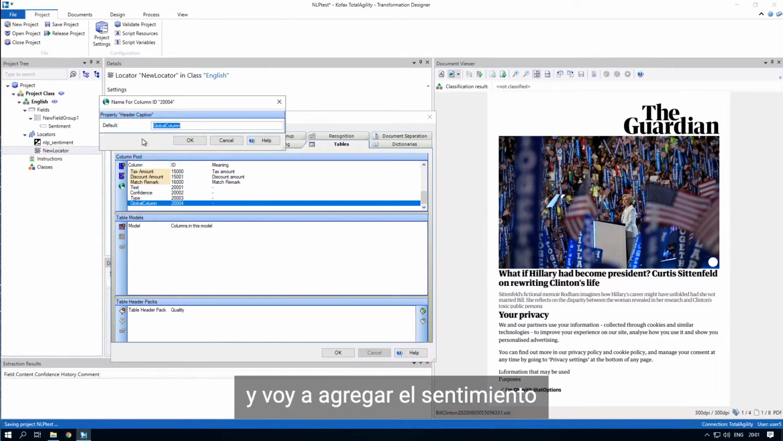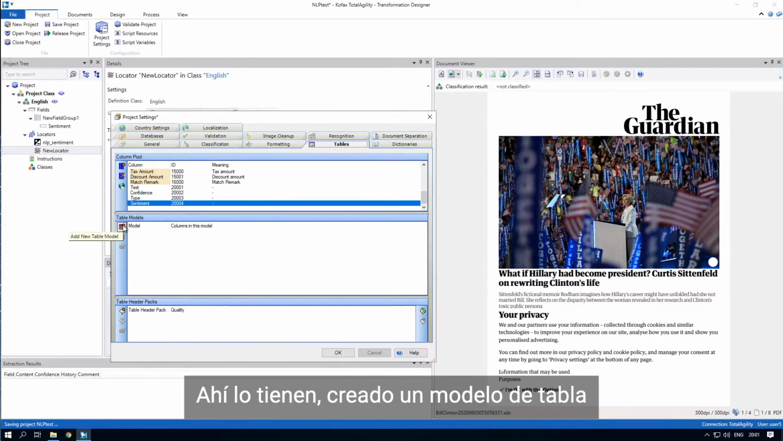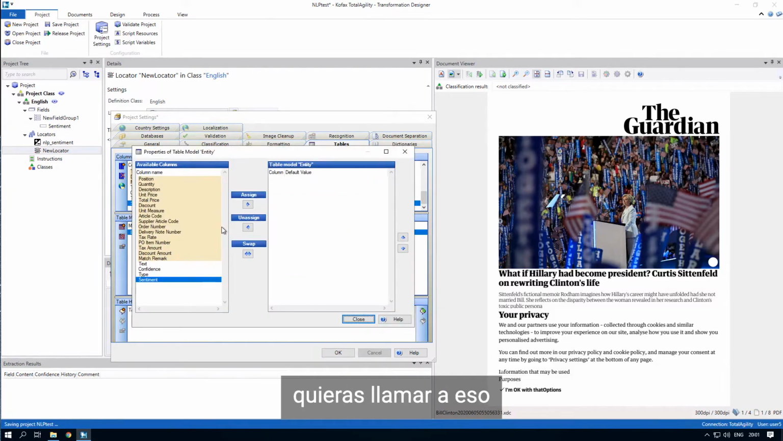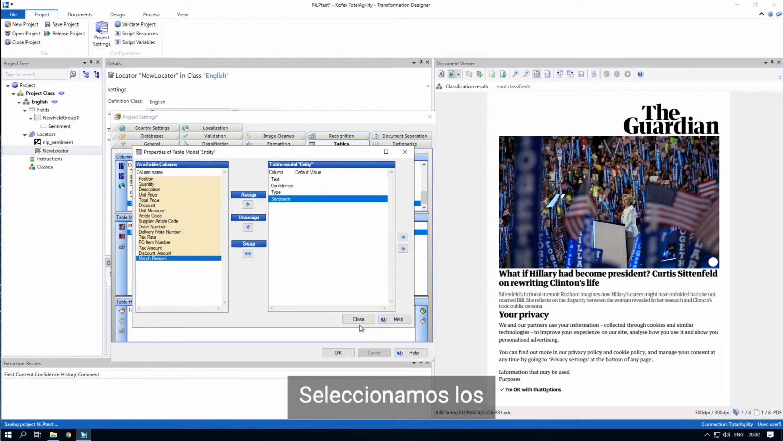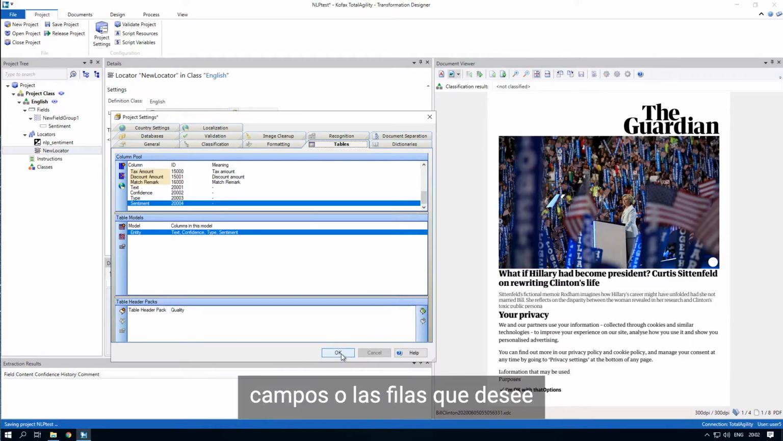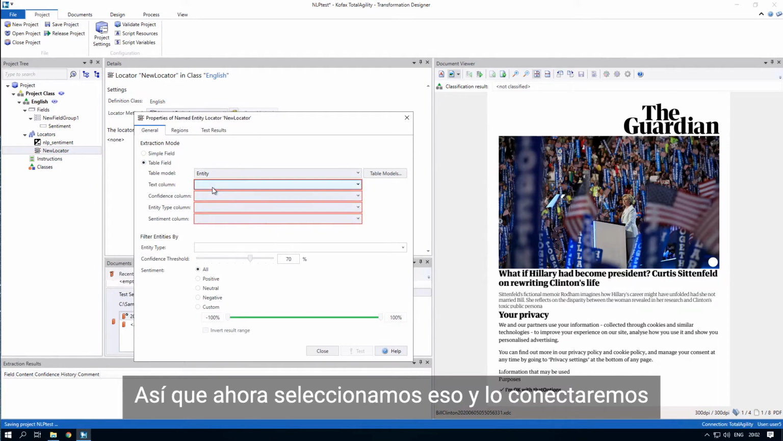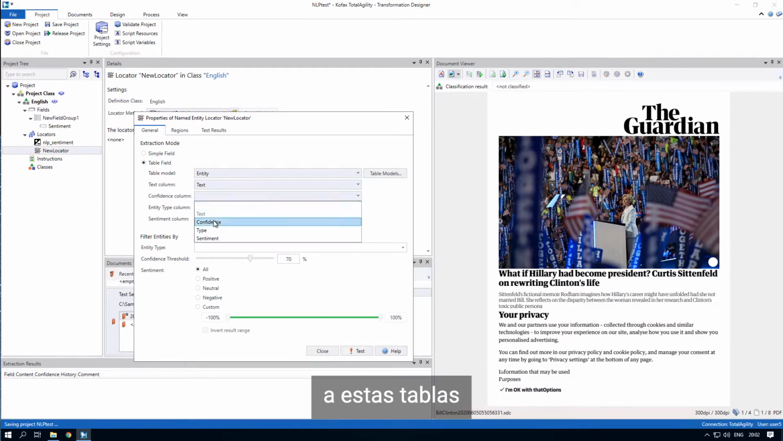And I'm going to add the sentiment. There you have it. Create a table model, call that entity, or anything you might want to call that, and select the fields or the rows that you want in there. There you have it. So now select that and just connect these